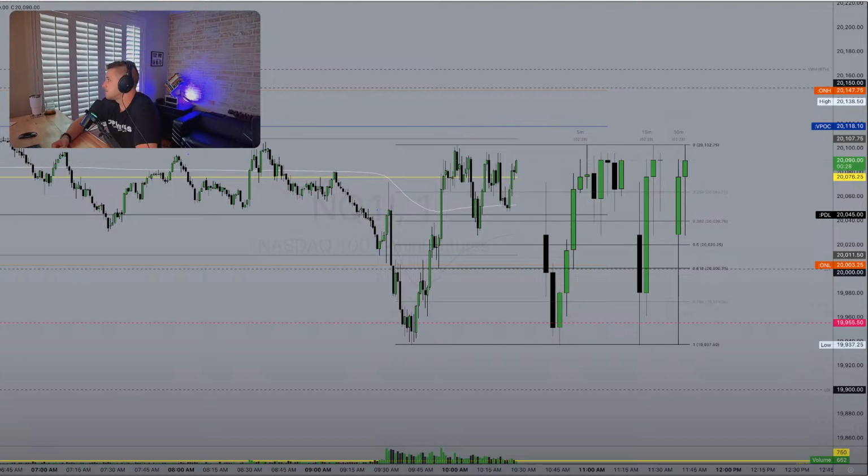Just keep them going. That's why that profit lockout feature on Top Step X is a really good feature. Just forces your hand.